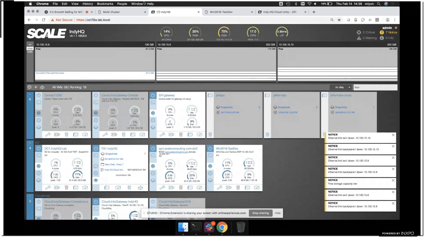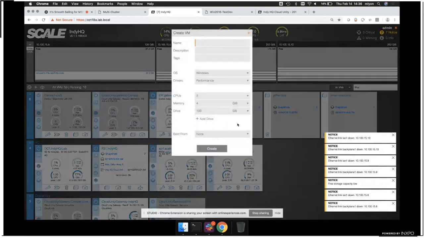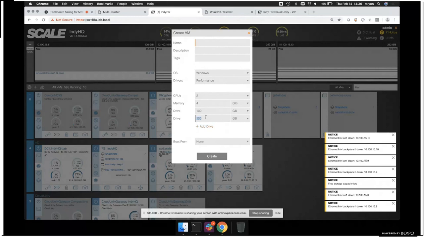The transition and learning curve is going to be very simple. We really wanted to create what I like to call an AWS on-premise. It's that cloud-like simplicity of, I'm just creating a VM, and that's the atomic unit of what I care about. I don't need to care about its back-end storage or where it's coming from. I need to know that it's highly available and fault tolerant, but I don't really care about what's underneath it. And that's the beauty of HCI, right? So I can create VMs,